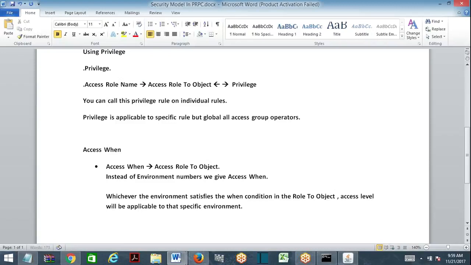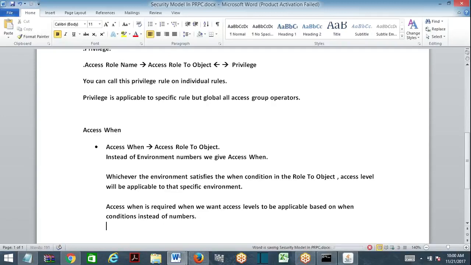Access when rule is required when we want access levels to be applicable based on when conditions instead of numbers.